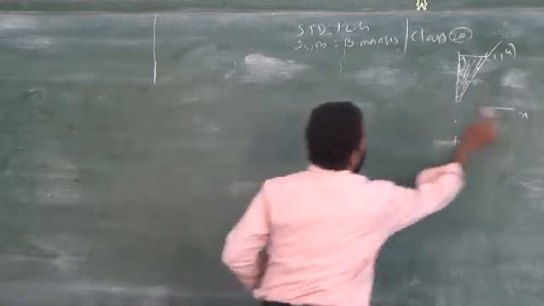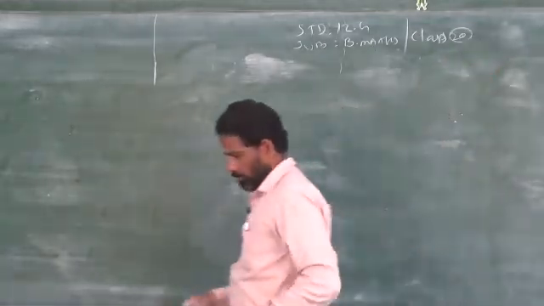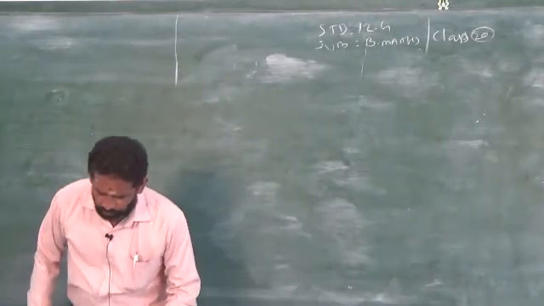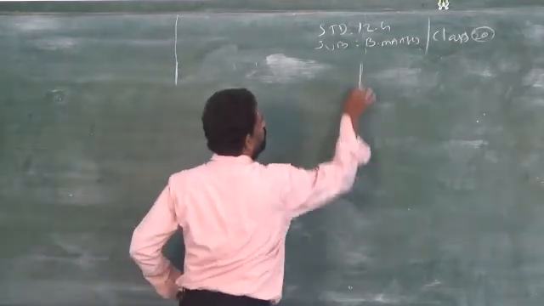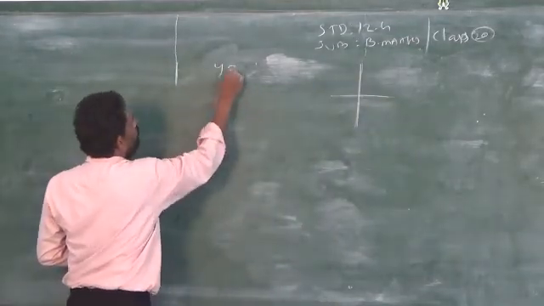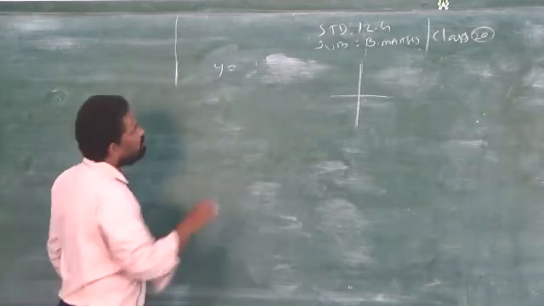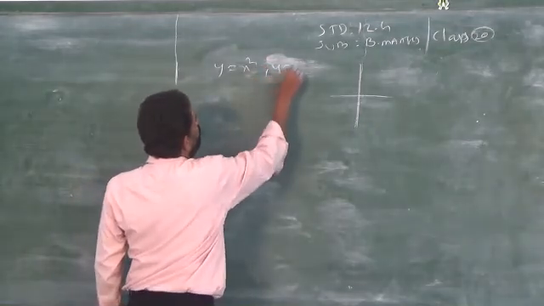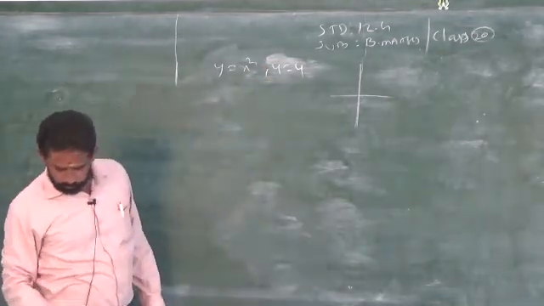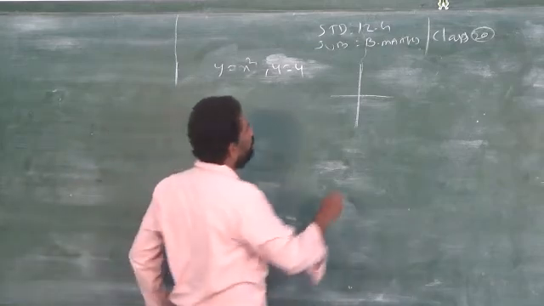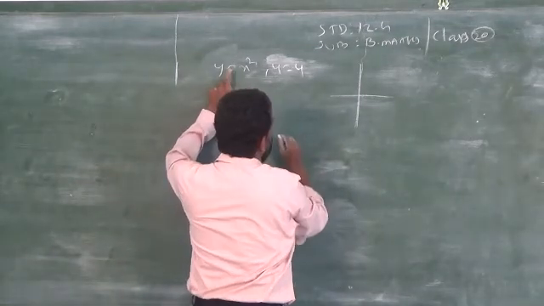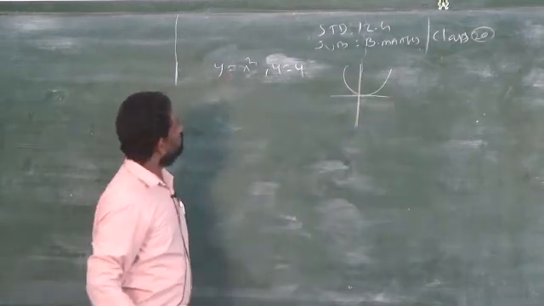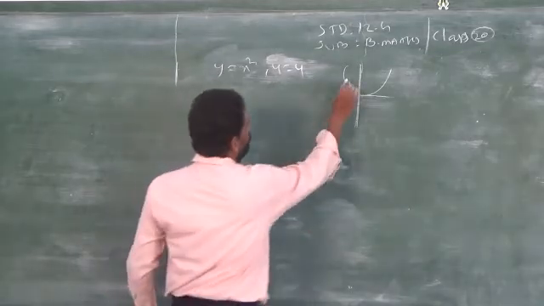So only the last one: find the area between the curve and the straight line. I will do only the graph, you just have to try. The last one, find the area bounded by the curve. Here it is given y is equal to x square, and the line y is equal to 4. So you have to find it. This is very simple, y is equal to x square. So how will it come? Parabola. Clear? Y is equal to 4.